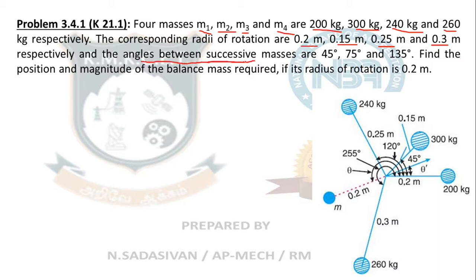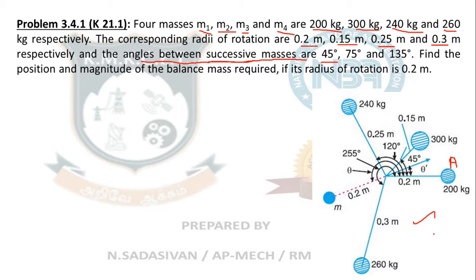Angle between the successive masses are 45 degrees. So first I am going to take A as the first horizontal mass because it is not mentioned which is horizontal. You can take the starting point, you can take A. This diagram itself we are going to draw in the graphical method. So at that time I will clearly tell you. In the same problem we are going to do the next step.